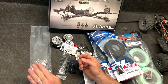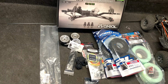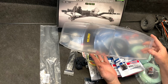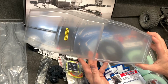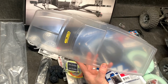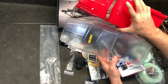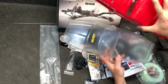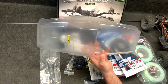Now, you guys are probably asking about the body. Well, let's take a look at that. The body that I'm going to be using for it is the J Concepts F250 tucked body. See how the body is tapered right up in the front and in the back. It's kind of like a dovetail. Now, I've actually compared this next to the other body over here. And even though it looks a lot bigger, and in some ways it is, it's really not much. It's about the same when it comes to the front,